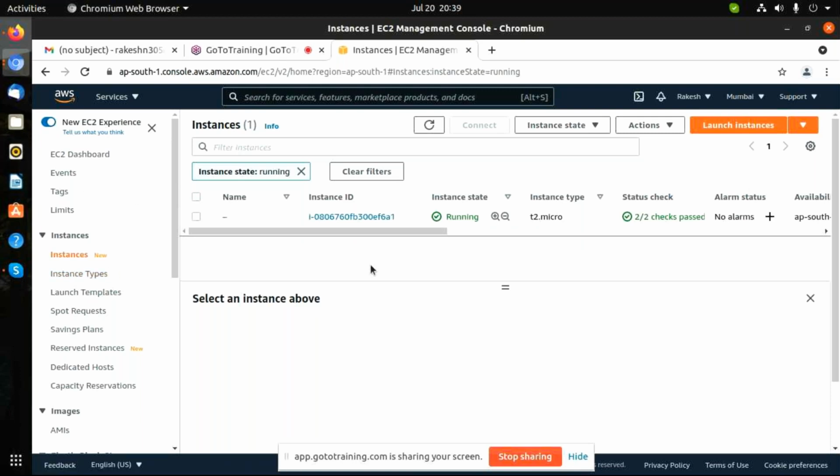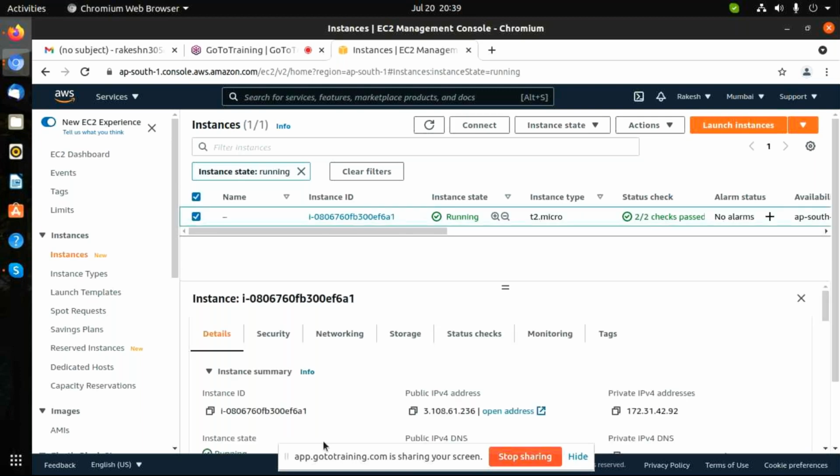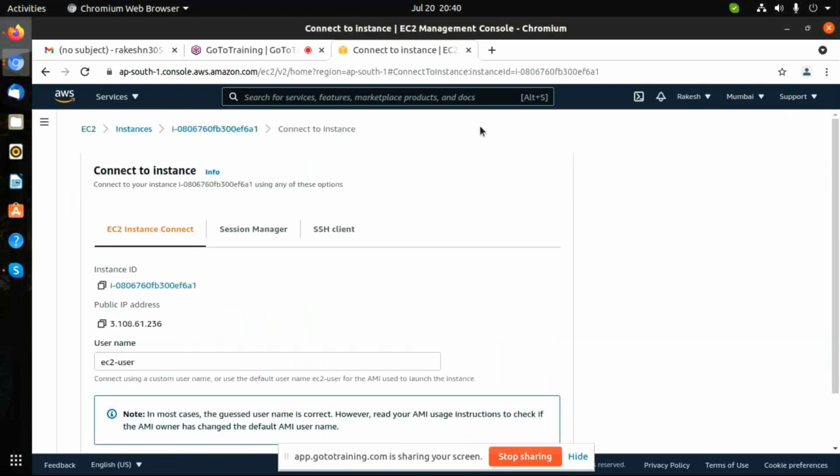Okay, I hope you already downloaded your PEM key. So guys, you need not generate the PPK private key. Select your server once, and click on the action button. Sorry, the connect button. Here, above, the connect button is there. You will get the instructions here.